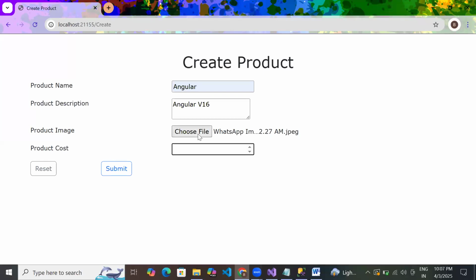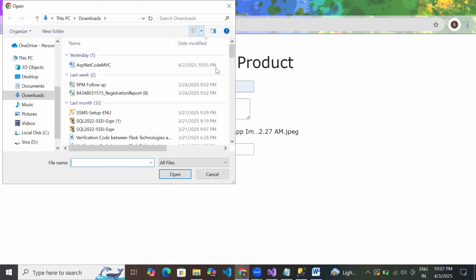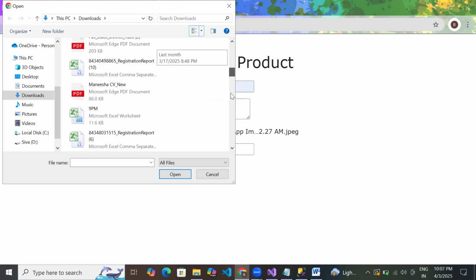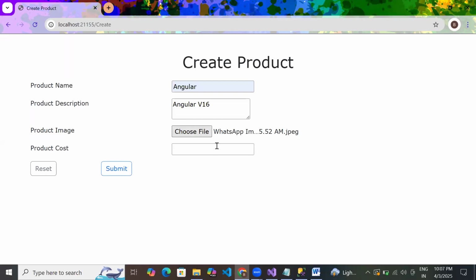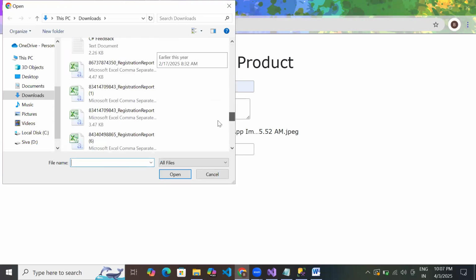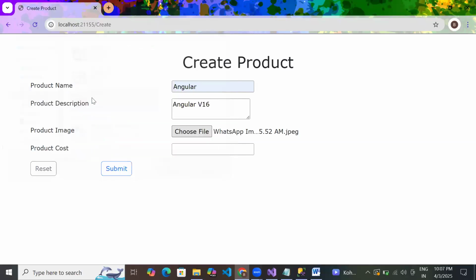No, not this one. Let me take some file. I take this image. No, man. Image naming is not proper. Okay, I take this Angular. I say 7,000. When you click on submit,